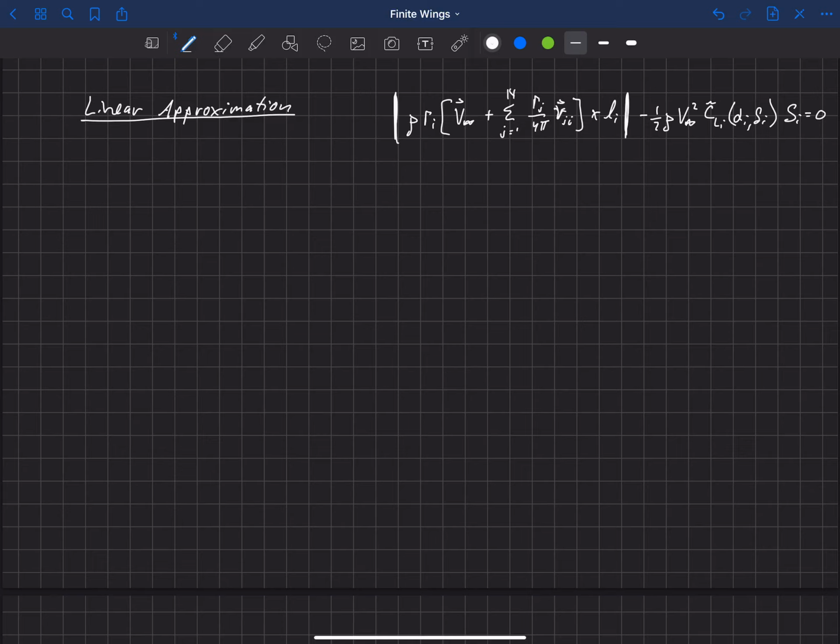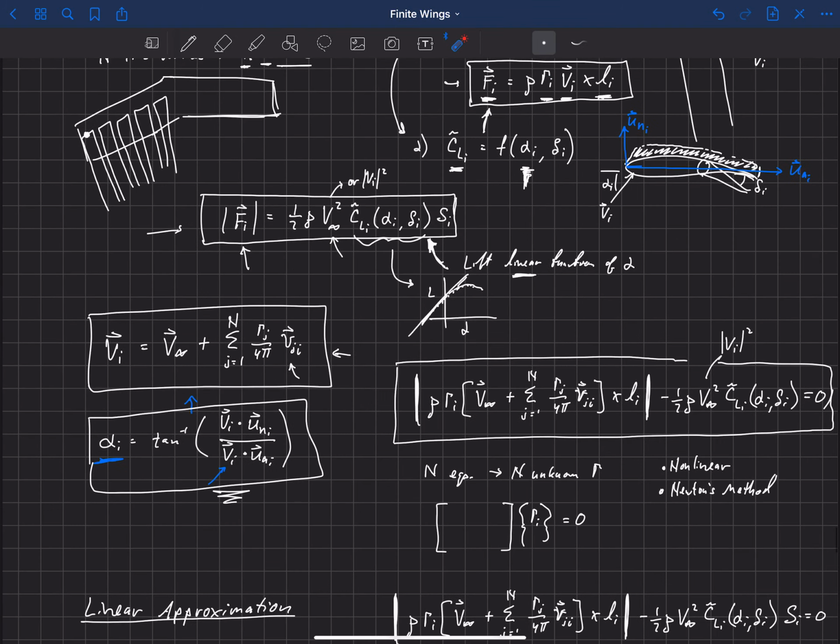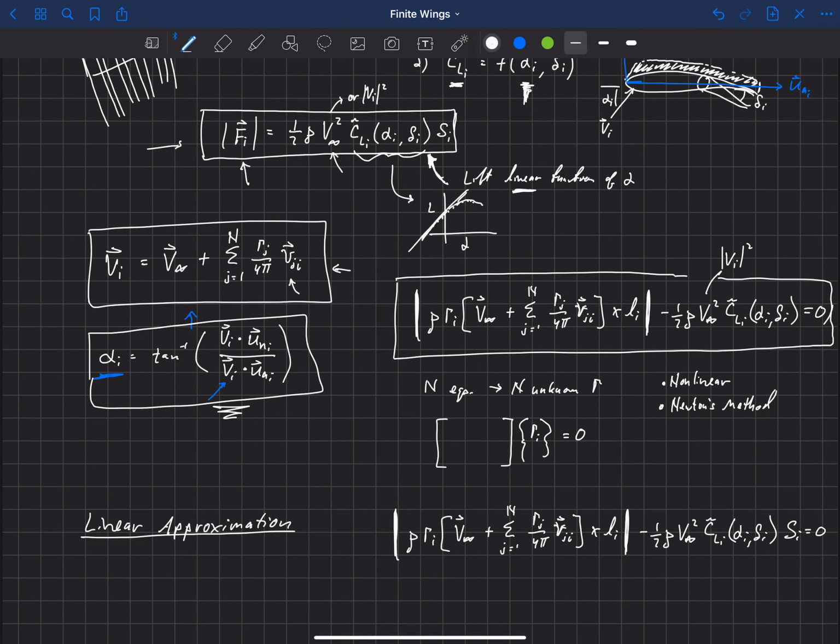Okay, in the previous video, we developed this nonlinear system of equations that I've copied down here on the right. And by the way, I had a typo in that. I forgot to add the area here at the end for this airfoil section. This is the lift produced by that airfoil section. It has some finite thickness. I forgot to add the area there. So in fact, I'll just scroll back up and put that in another color here. Right here, we should have had an S sub I, and you can see that I just forgot to copy it down here from that equation there.